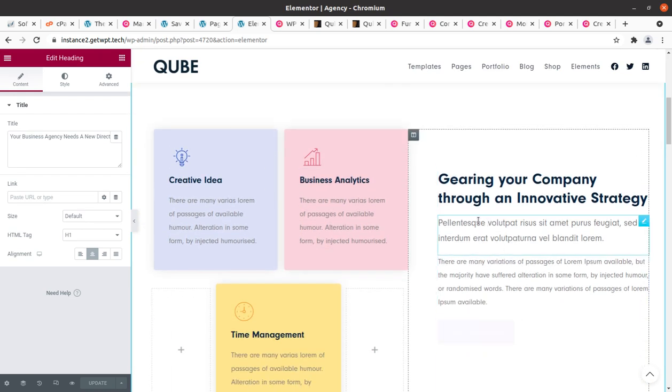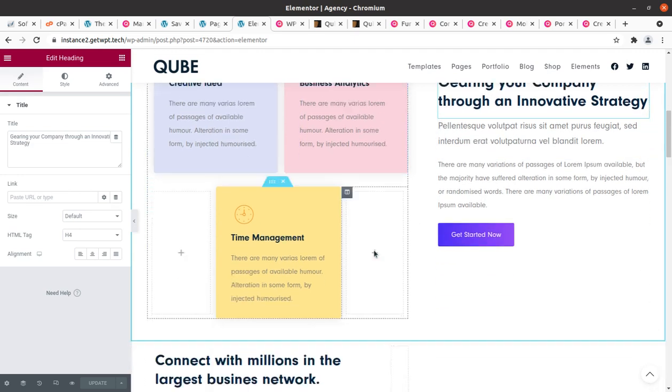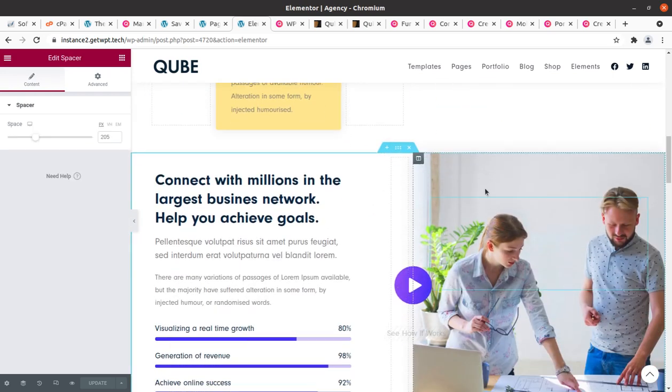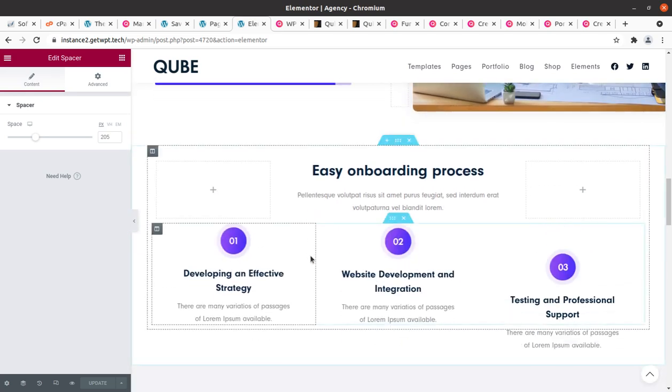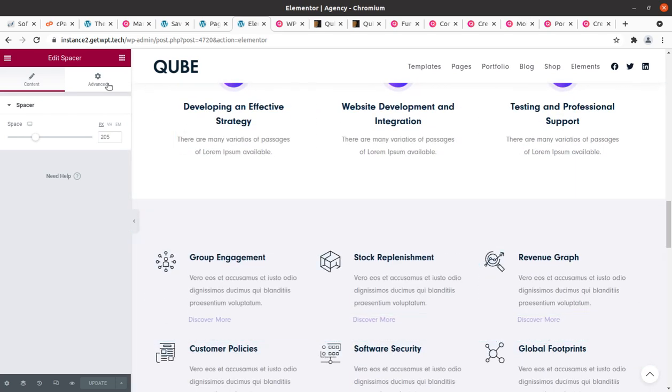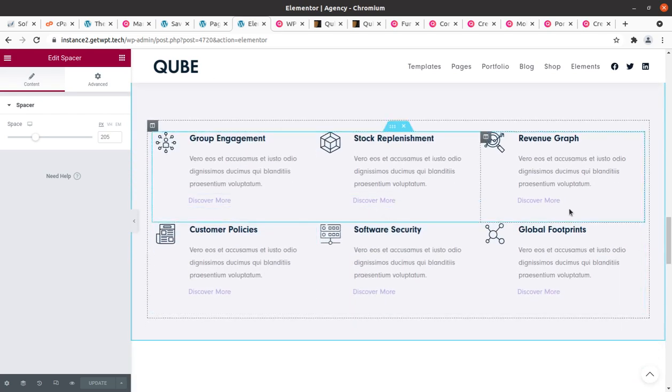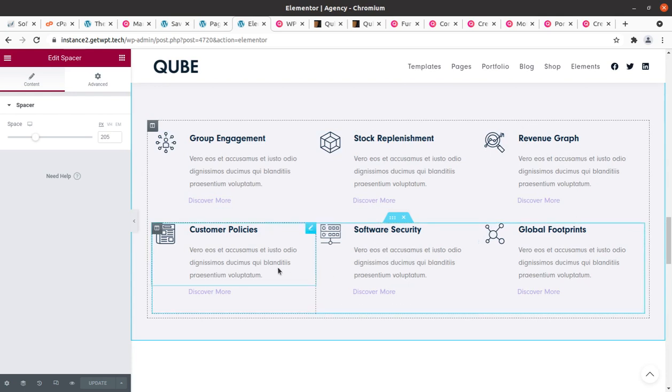While editing the content, just be careful: you have to use the same text length, and the image dimensions should be the same as given in the demo, so that the integrity of your website remains intact. This is the key for making a complete website like the one given in the demo.